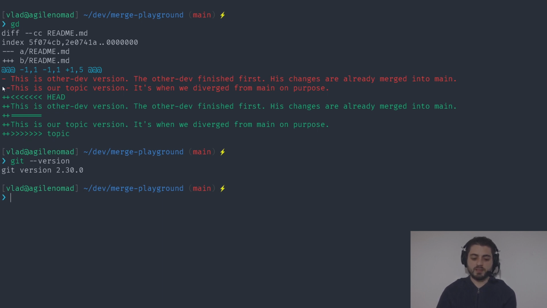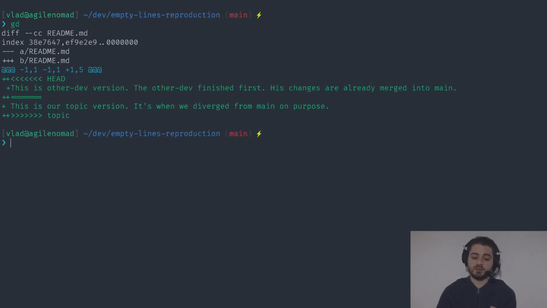And I actually wanted to explain these two columns to you, right? So essentially, the first column shows the difference between the working copy and the branch that you're on, which is the HEAD, and the second column displays the difference between the working copy and the branch that you're merging in, which is the topic. Okay, so essentially we're in this weird state where it went to your file and it